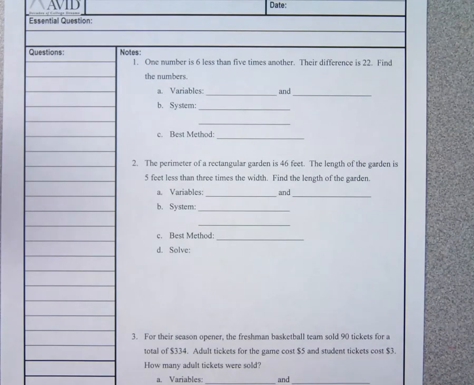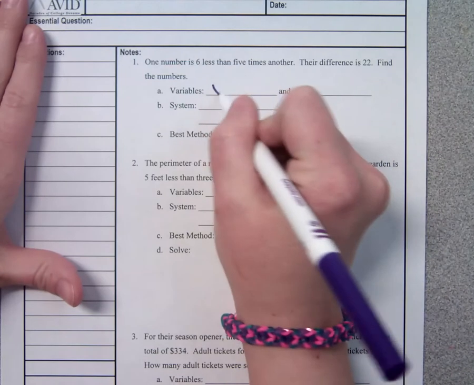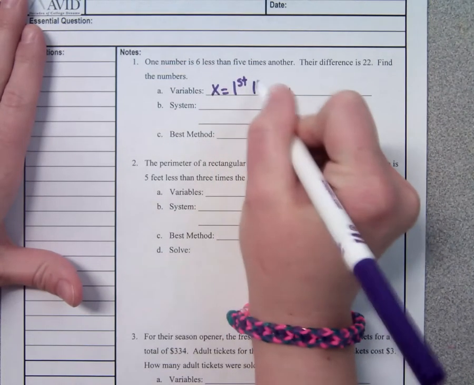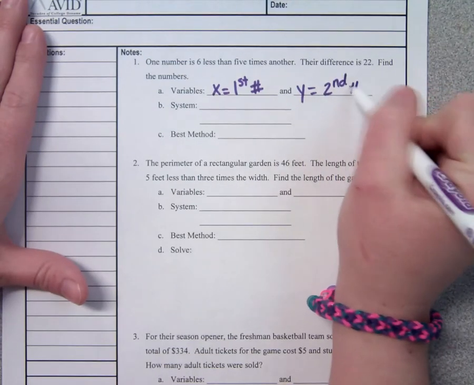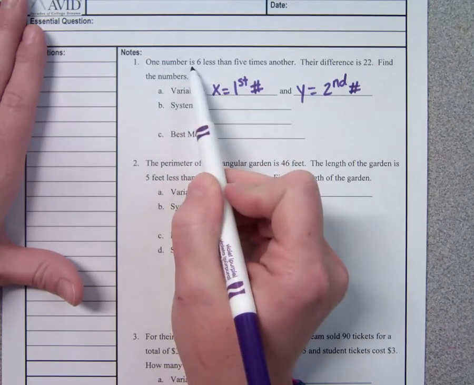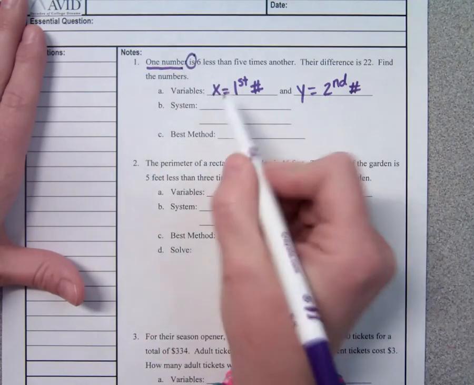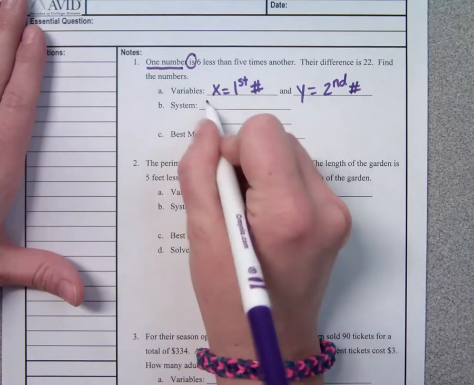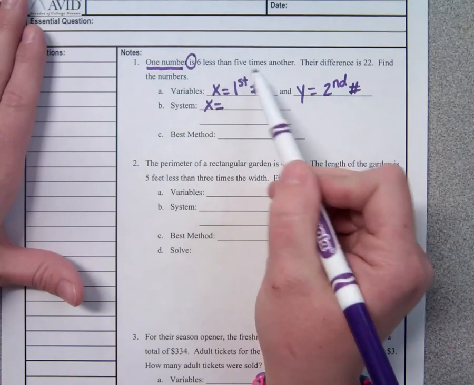One number is 6 less than 5 times another. Their difference is 22. Find the numbers. Okay, I am going to let x represent the first number, and I'm going to let y represent the second number. And of course, you could use any letter if you wanted. Okay, let's look at this first sentence. One number is. So when I read one number is, I'm going to have x equal,